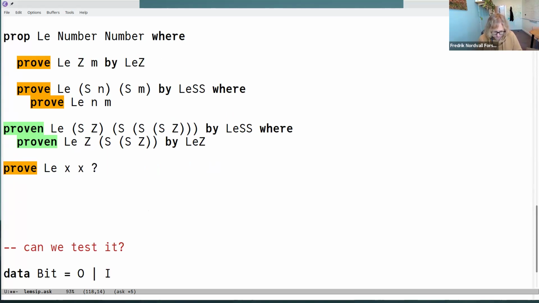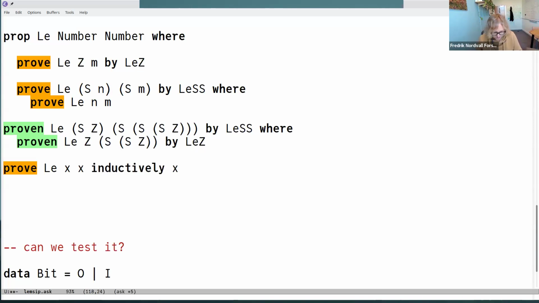So how would we do this? Well, the problem is we don't know what x is, right? So we know that if x would be z, then we could use this rule because it says that z is less than anything. And if x is a successor, then we can make some progress with this rule, right? So I'm going to do a from on x, or do I want to do it inductively on x first? I think you probably better.